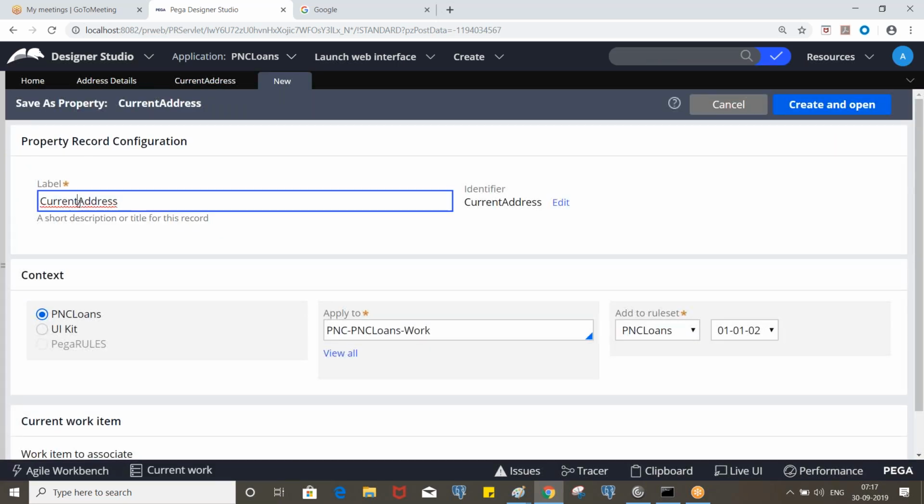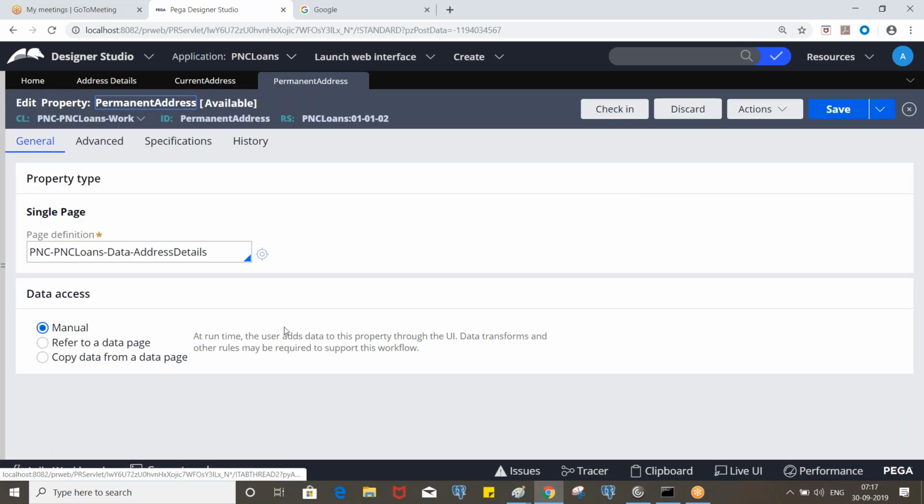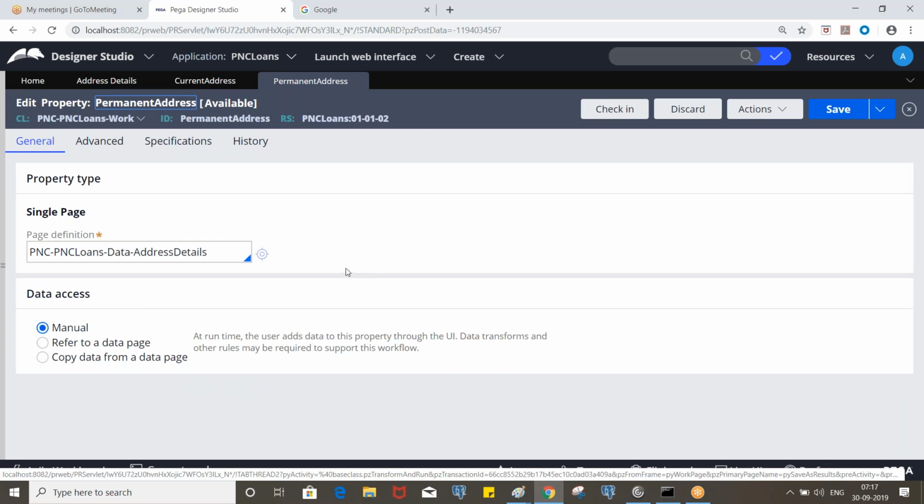Okay. Permanent. And we need to specify the same data class. So when you save as, it will be copied, and we need to change the page name, not the class. Okay.